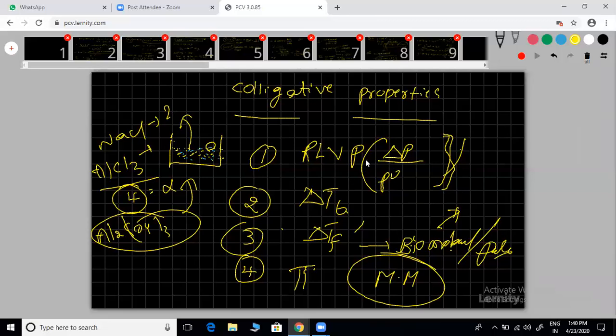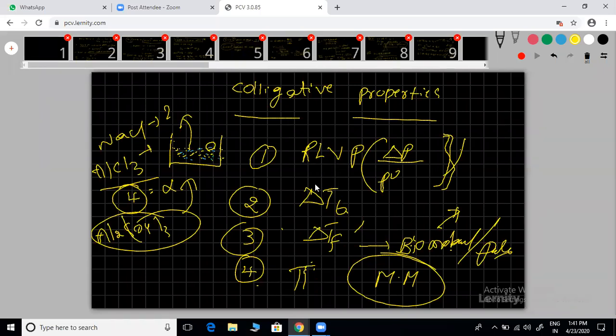We have questions: among these four properties, which is the best one to calculate a protein's molecular weight? For example, protein is the biomolecule I'm taking. Among these four properties, which is the best method to calculate? Which can be sensed or measured easily? That's more important. I hope you see osmotic pressure can be measured very easily. It changes in mm of Hg. Even a small number I can find out as osmotic pressure.